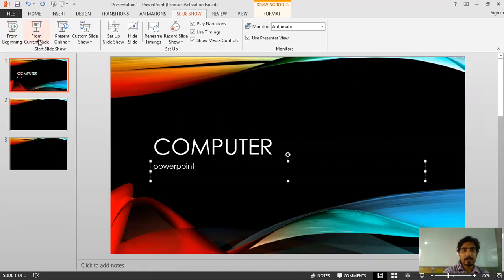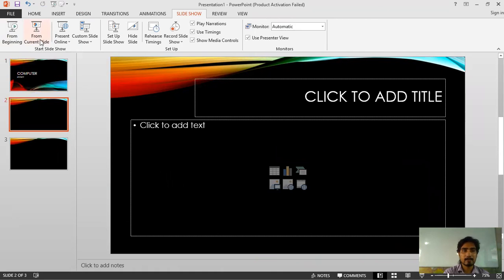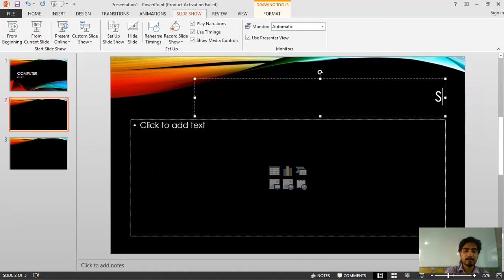Now if you select from current slide, for example, suppose I have clicked on the second slide and then I click on the from current slide option, then whichever slide is selected in the slide tab, your slideshow will start from that slide. So let's see this. I'm writing here second slide, so that when we play this slideshow, we can see from which slide the slideshow is starting.